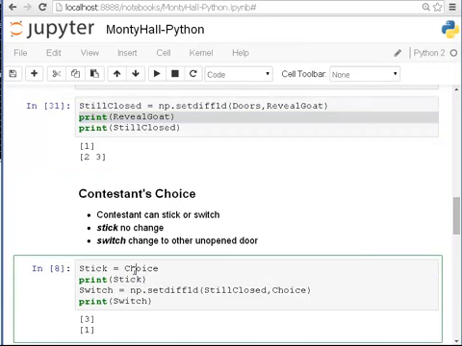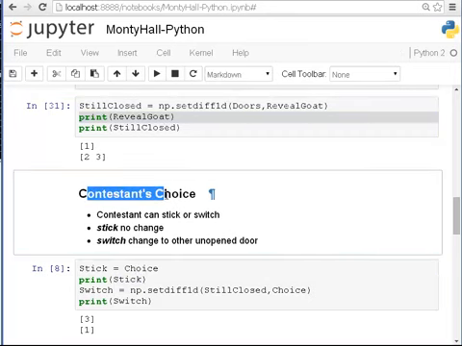So sorry, let's see where we are. Contestant's choice: can stick or switch? Stick, no change. Switch, change to the other unopened door. Okay, so